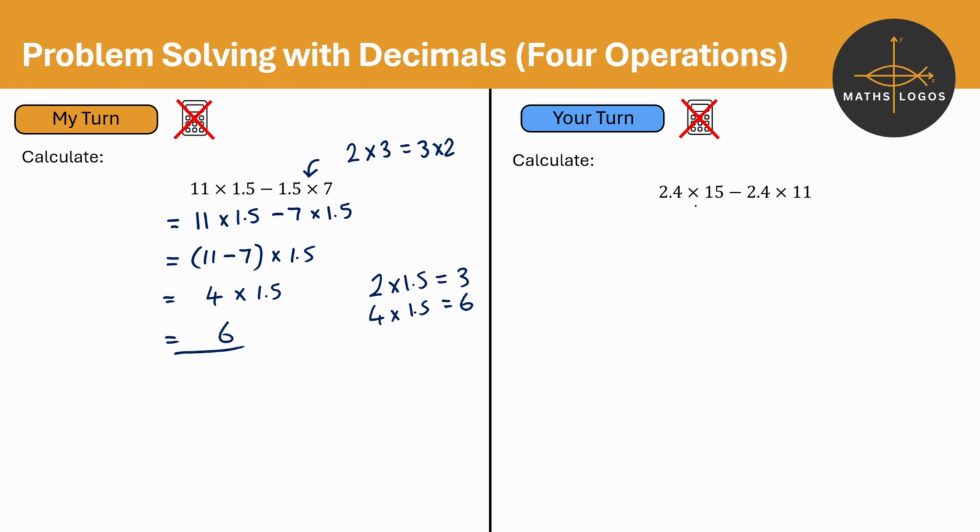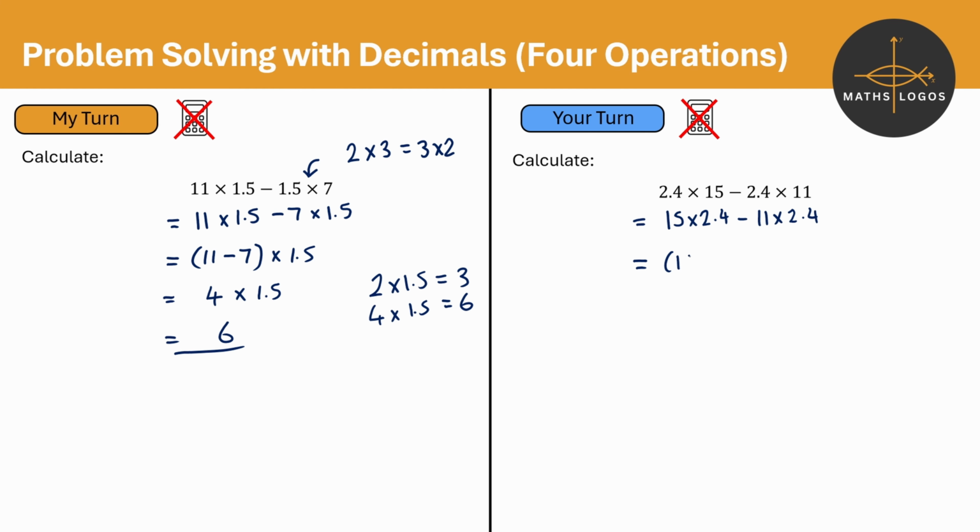Okay, so we've got 2.4 multiplied by 15 and then we're taking away 2.4 multiplied by 11. Now, just for the sake of helping us to understand it a little bit better, I'm actually going to rewrite this as 15 lots of 2.4, take away 11 lots of 2.4. It's probably easier to think of 15 lots of 2.4 than it is to think of 2.4 lots of 15. And if you can imagine you've got 15 lots of 2.4 and you're taking away 11 lots of 2.4, well,